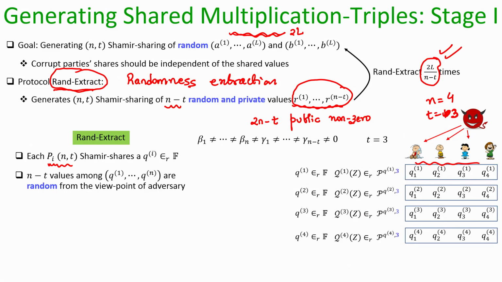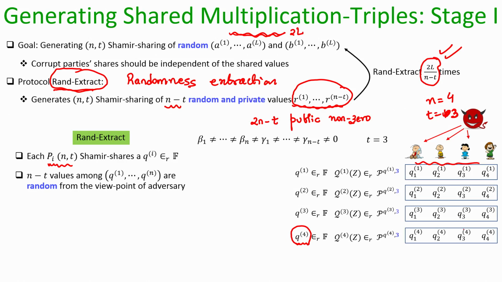Now, n number of Q values have been secret shared, because there are n parties. Out of this n number of Q values, t are shared by corrupt parties which are under the control of the adversary and n minus t are shared by the honest parties which are not under the control of the adversary. So, for the value Q 4 which has been secret shared by the honest party, the adversary has no information about the exact value of Q 4.